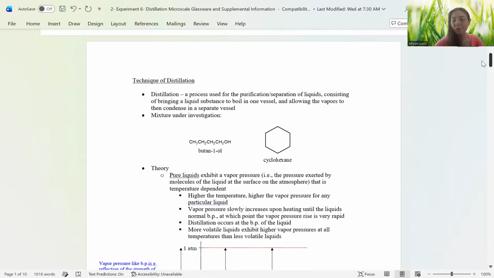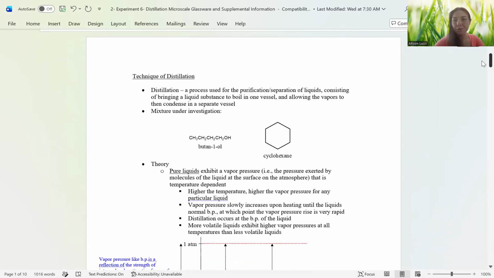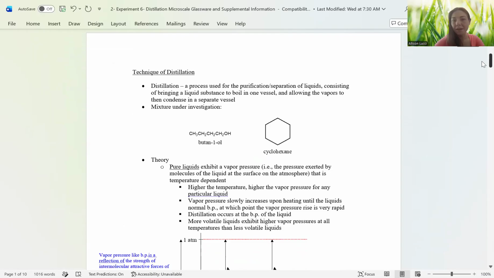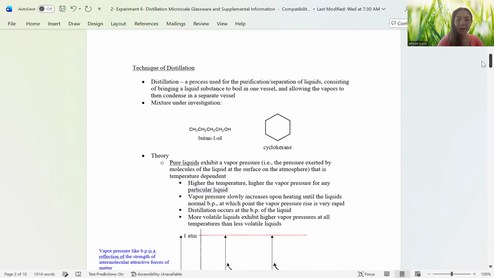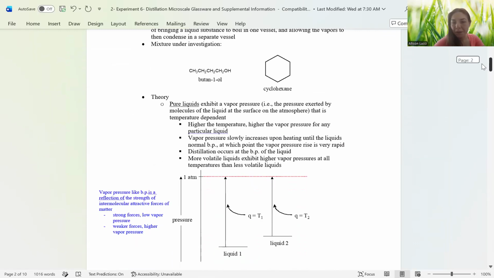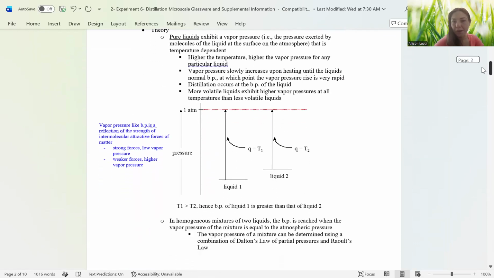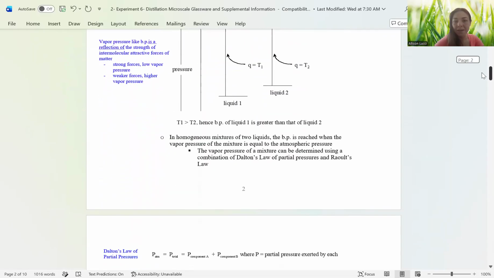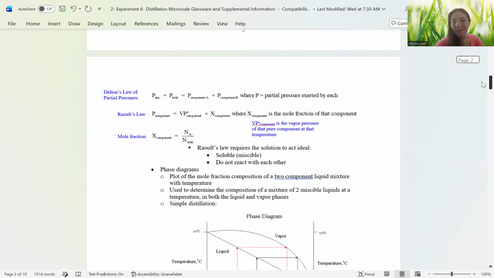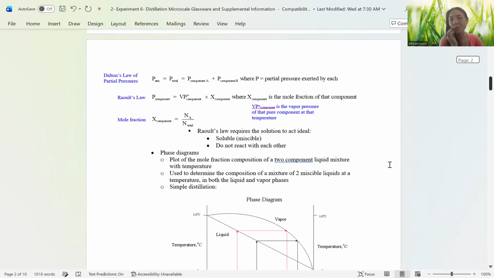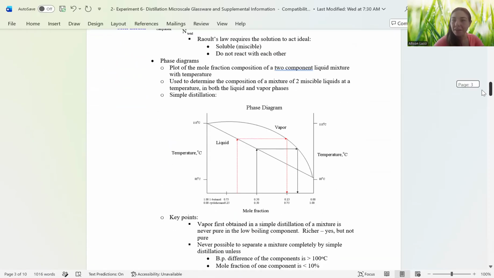I'm going to go through this document fairly quickly, so this will be a rather short video. But we can see another kind of distillation that was performed here between butanol and cyclohexane. This is another example of a mixture distillation. It includes some theory behind this process, some keywords, and some key equations that are also referenced in your chapter 5, fractional distillation, from the lab manual. All of these things are included on this document in one place, in a shorter document